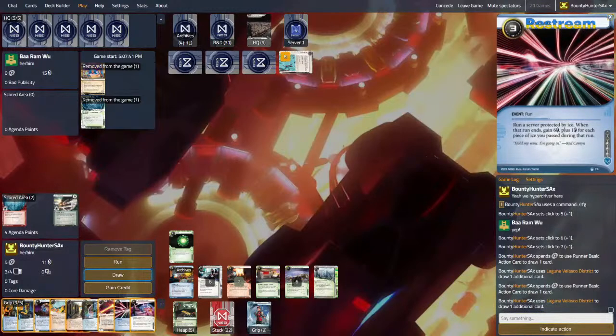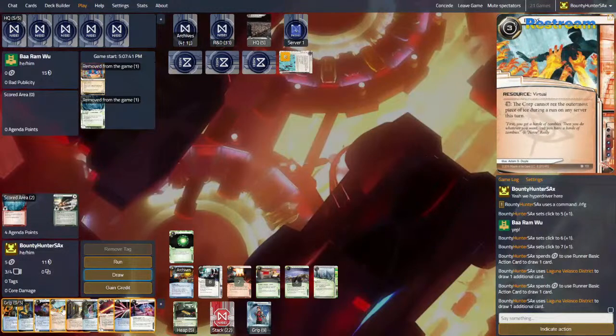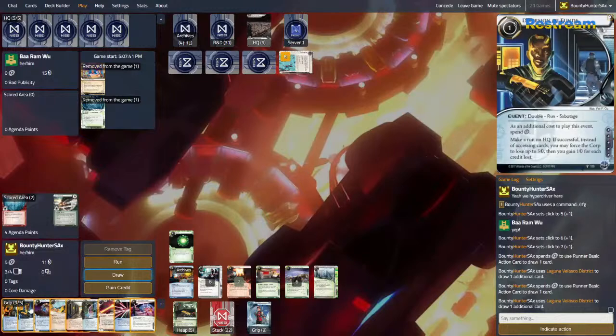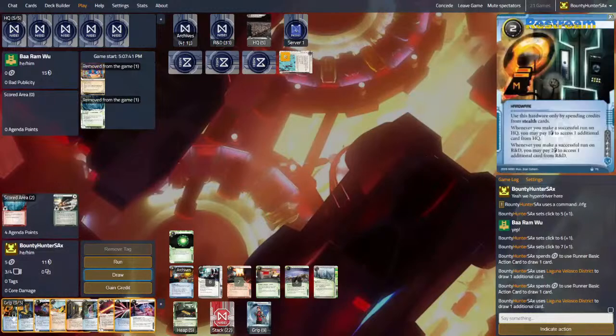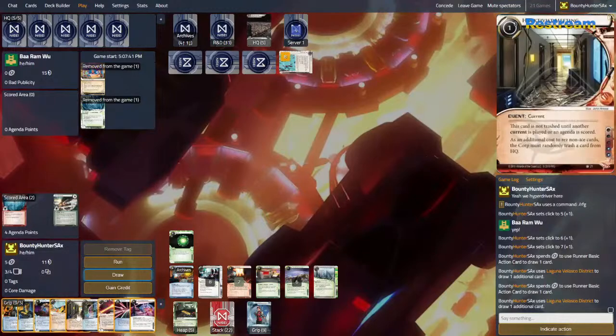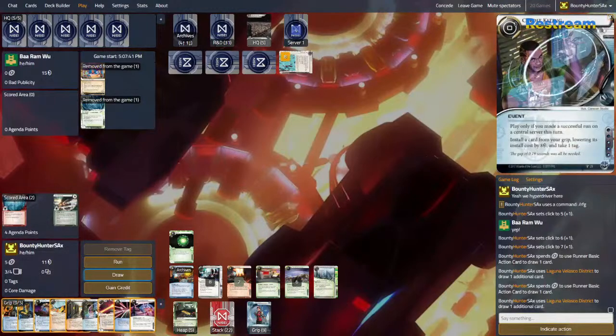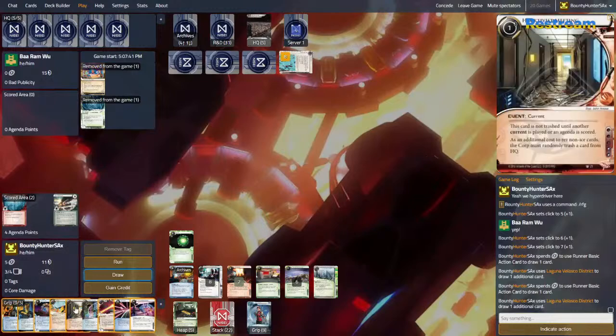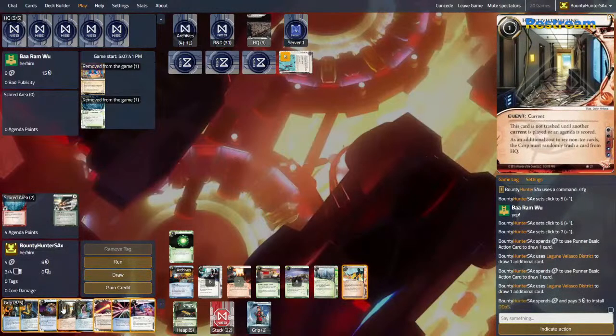Okay, so we're done here. We're not going to pull this off. What we are going to do is make him hate his life. We're going to DDoS, Bravado, that's 2 clicks. Diversion of Funds, that's 3 and 4 clicks. And then get my card draw down. So you get this one, but you don't get the next one. I'm okay with that. DDoS,